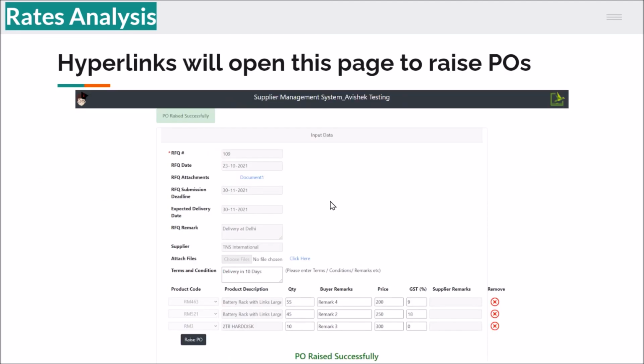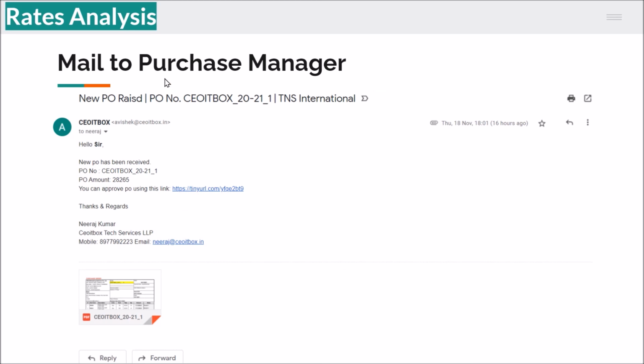Coming to the PO bit of it, a PO can be actually raised based on the L1 value, and once a PO has actually been raised, what happens is the purchase manager gets a notification to approve that particular PO.